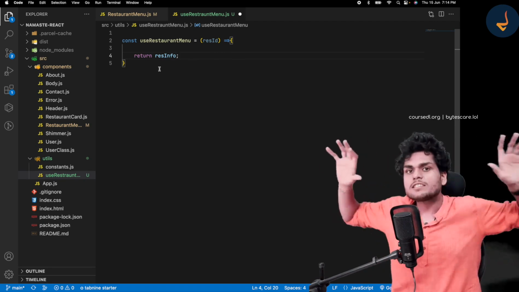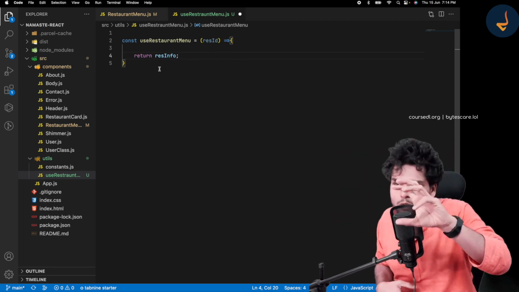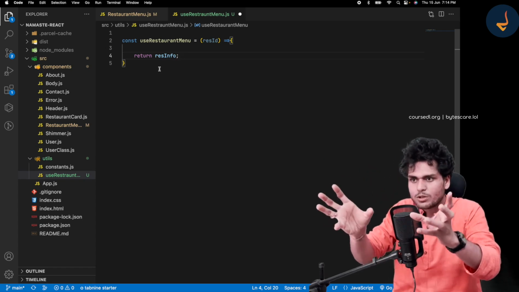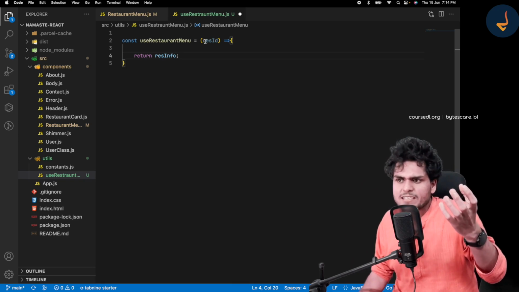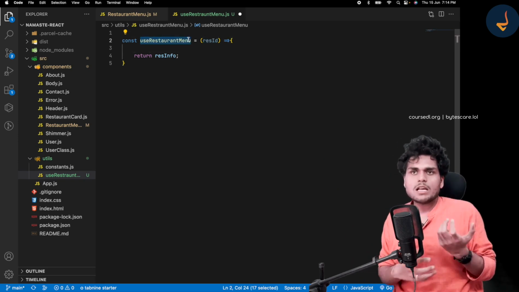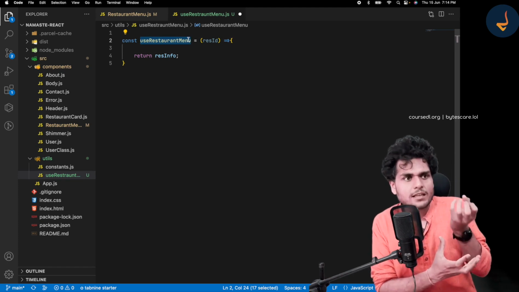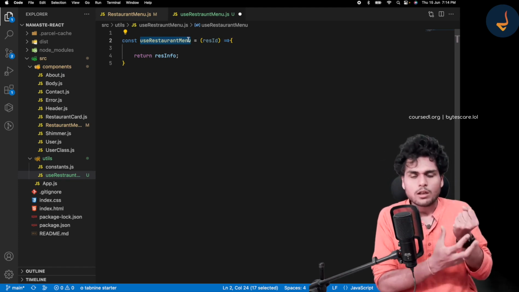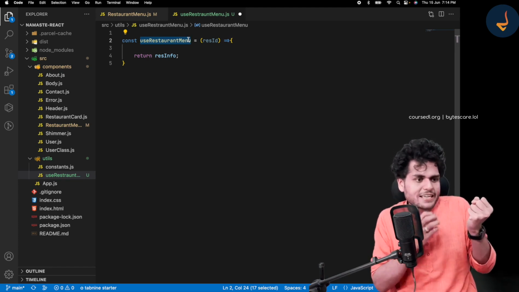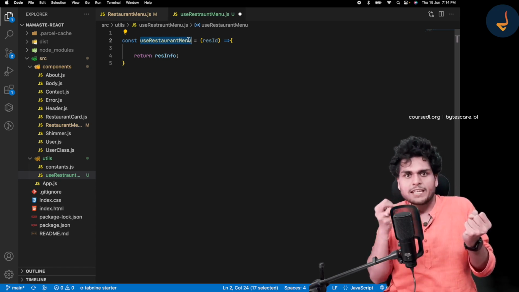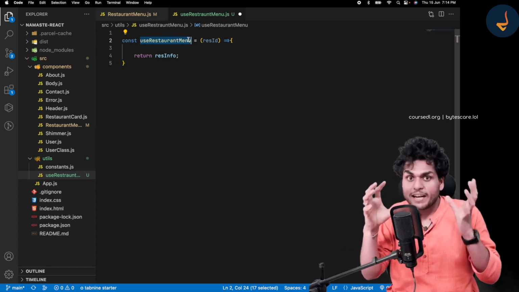Whenever you are writing a hook, think in these terms only. First of all, try to see the contract. We have this hook, useRestaurantMenu. What is it getting as the input? What is it giving as the output? What is the contract of that hook?